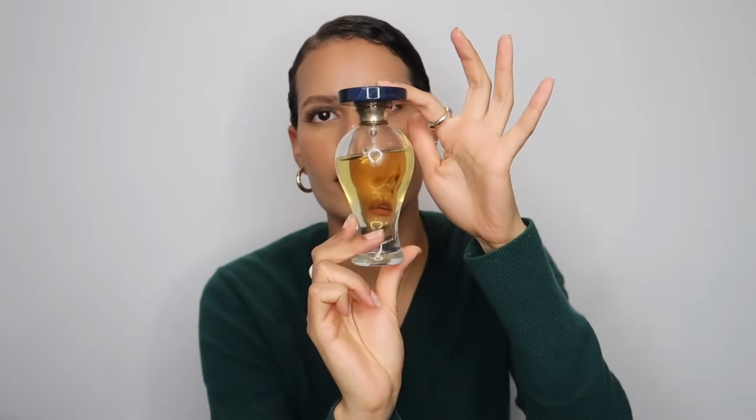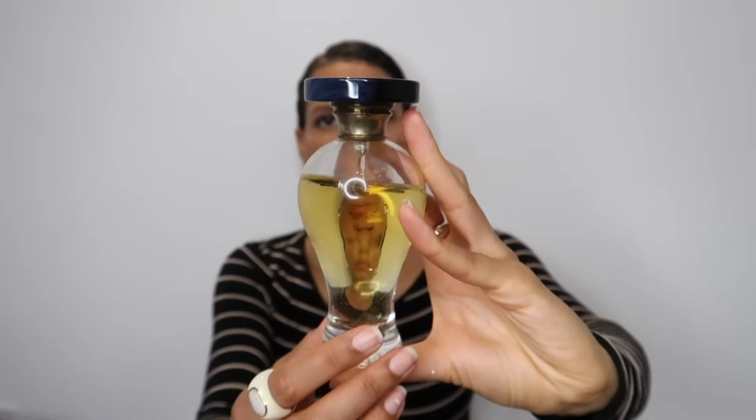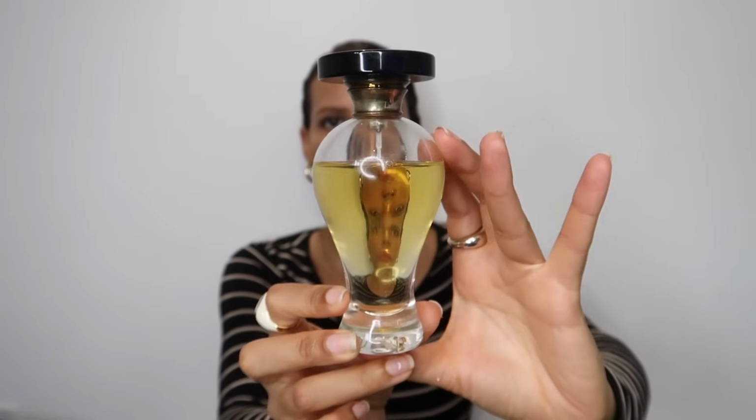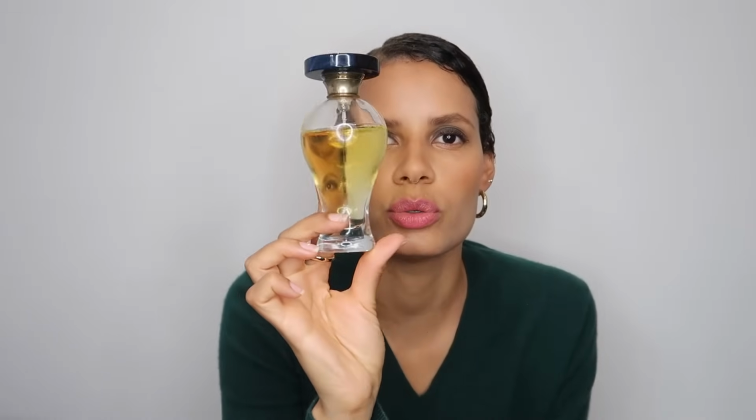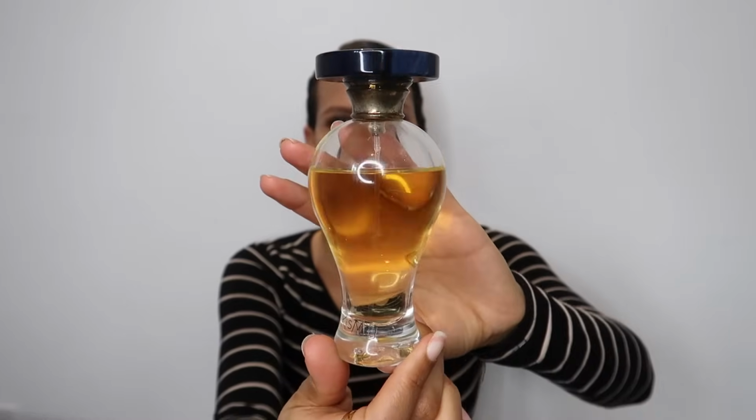Beautiful sculpture right here. Kismet is bourbon vanilla-y with a little bit of rose and patchouli. It starts off kind of lemony, so it still has that lemony facet in the dry down as well. It's just very well balanced. It is proper dancing shoes. It is Fred Astaire. It is